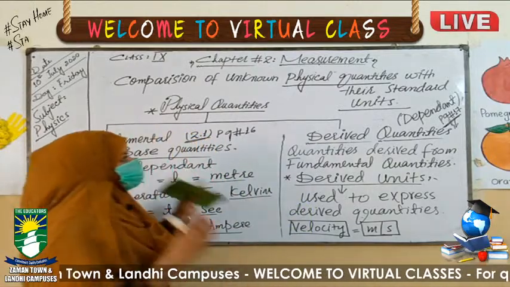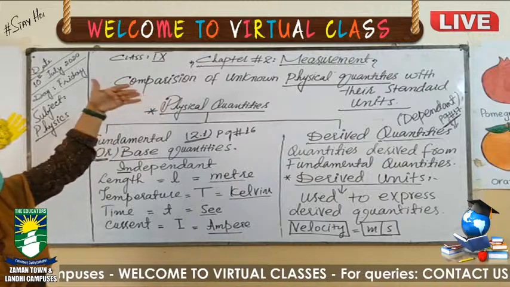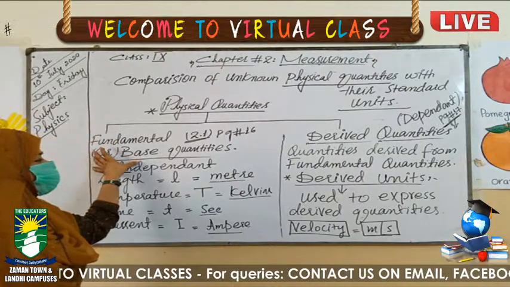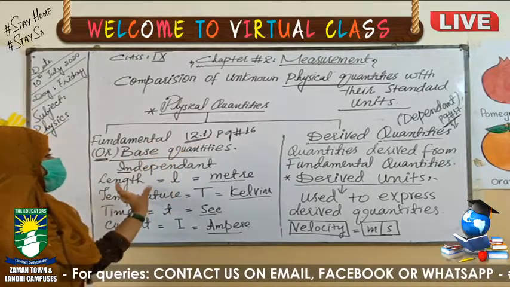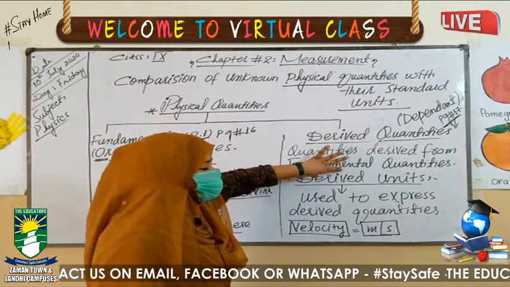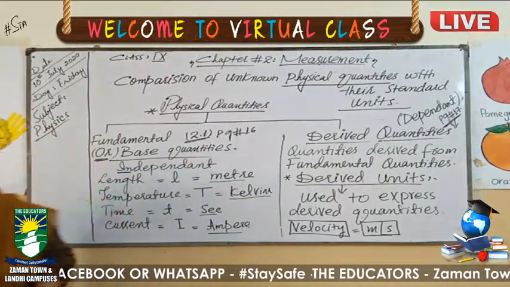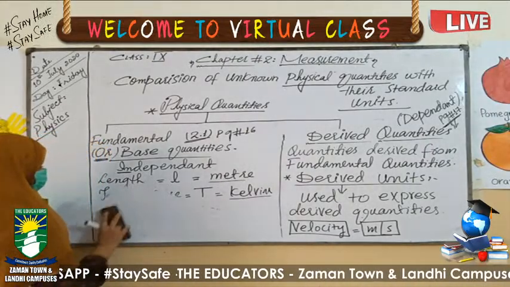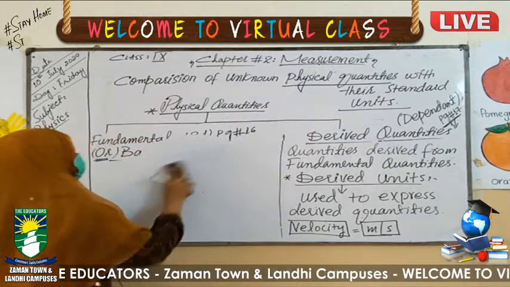Now beta, we have the next topic, that are the standard quantities. Our topic for today is measurement, physical quantity. There are two types of physical quantities, fundamental quantities and derived quantities. Related to fundamental quantities, we have the fundamental units definition. Related to derived quantities, we have the topic derived units, and we have the particular table of derived quantities as well as of the fundamental quantities. Now we have the next topic: systems of units.